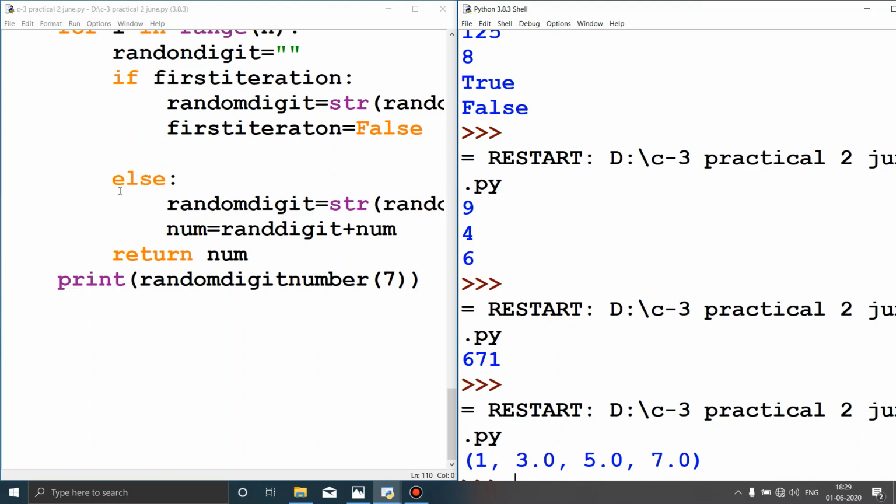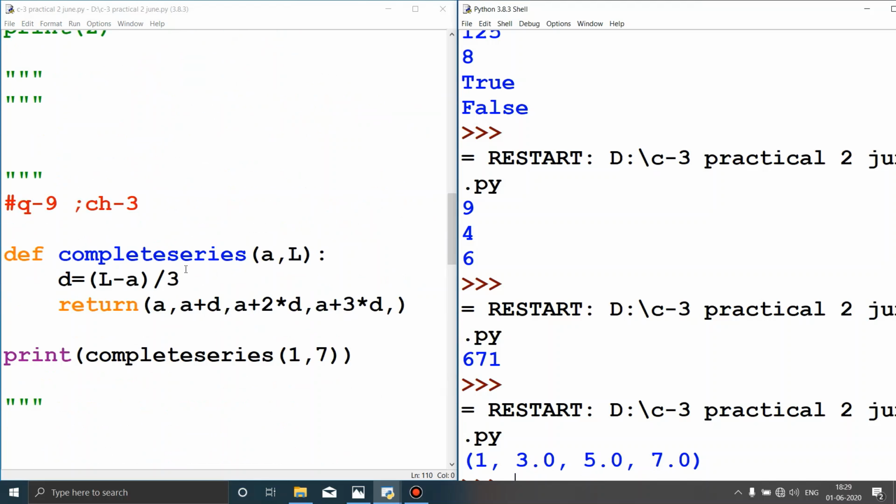So this function is giving me the proper output. 1 plus 2 is 3, 1 plus 2 into 2 is 4 plus 1, 5, and 7 you will get.